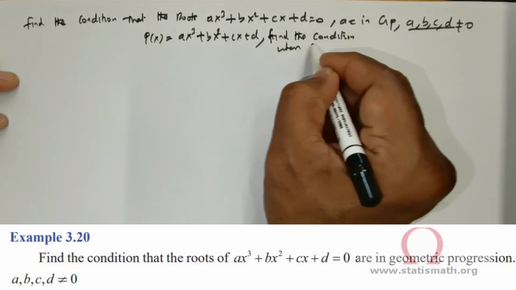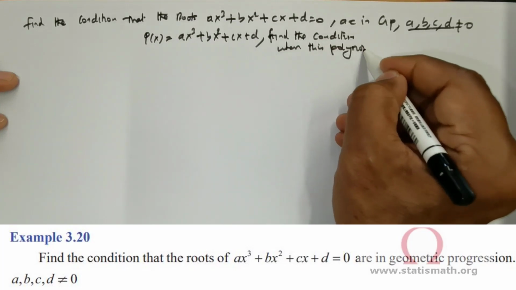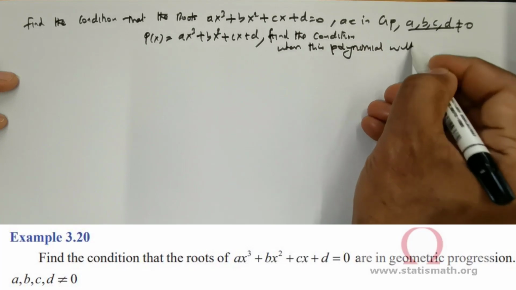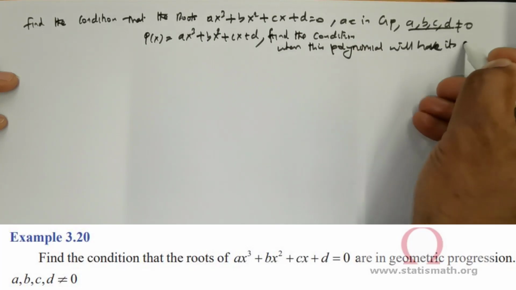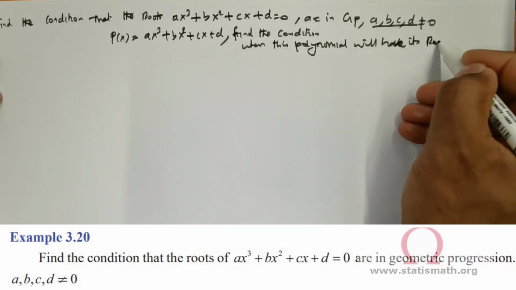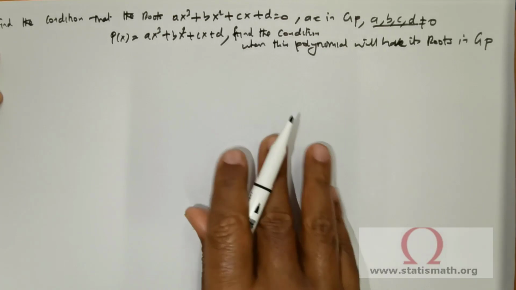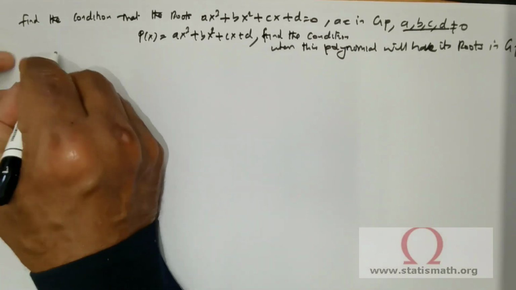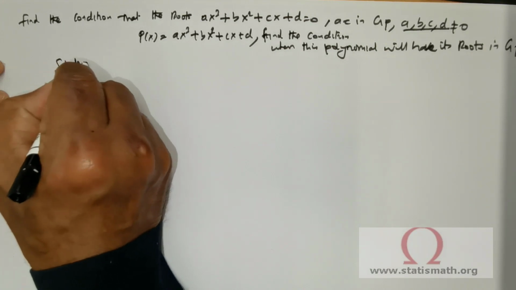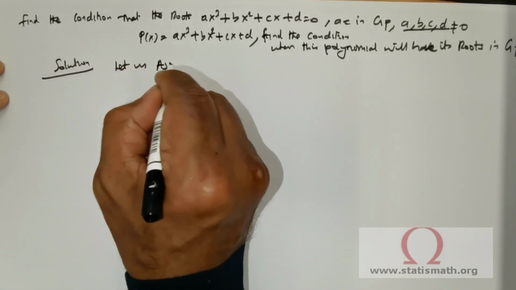when this polynomial will have its roots in geometric progression. So that is another way to represent this problem. So, solution: let us assume